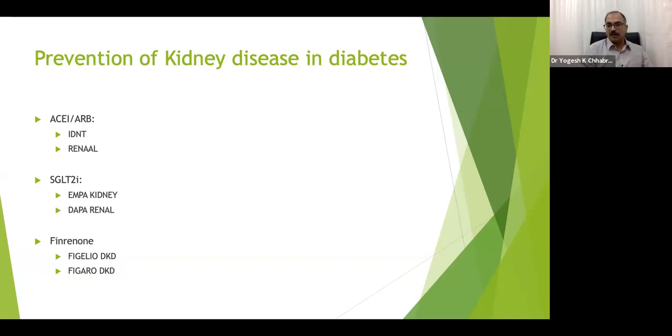We should be careful regarding the rise in creatinine. Once the ACE inhibitors and ARBs are added, initially there might be a fall in GFR, or a certain rise in creatinine level, but up to a certain limit it is permissible. If it goes beyond that, we might have to reduce the doses, or we have to stop that drug. Yes, this is possible, but in the long run, ACE inhibitors and ARBs have given us good control and have delayed the progression of chronic kidney disease over the time period.